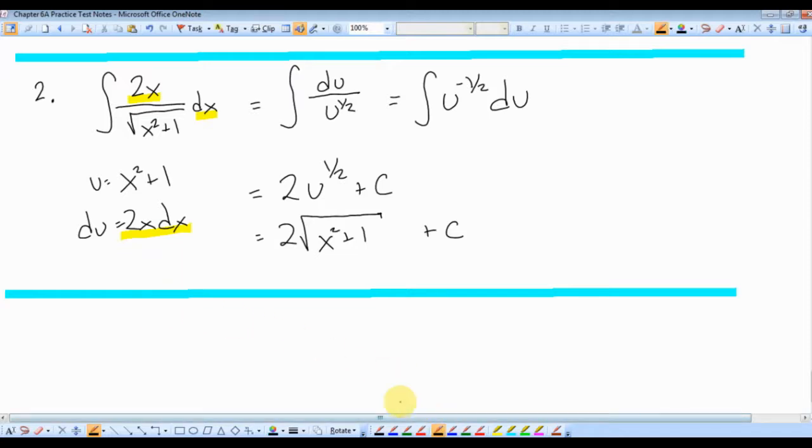Question 3. Integral of x cosine of 2x dx. There's supposed to be 2 C's here in the